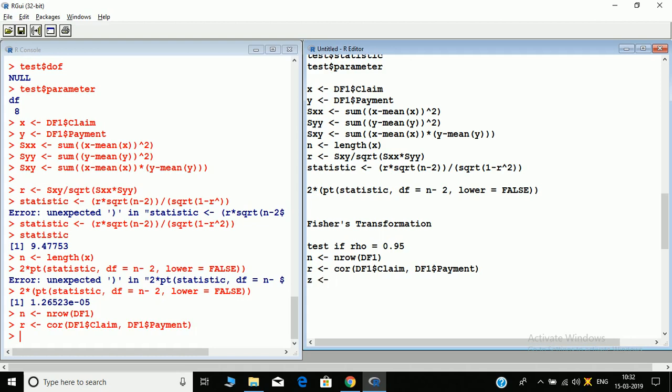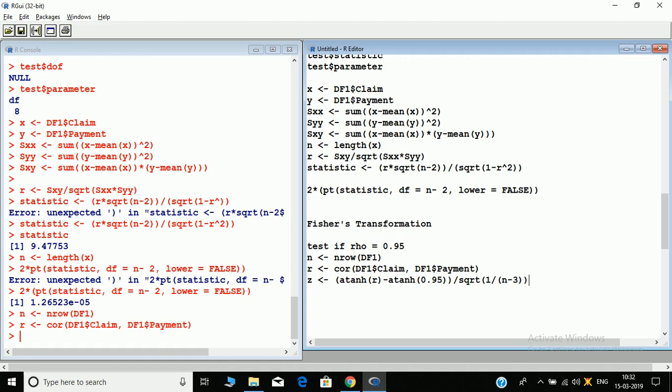In Fisher's transformation, it is A tan h of R minus A tan h of 0.95, the value which you want to test for, divided by SQRT of 1 divided by n minus 3.